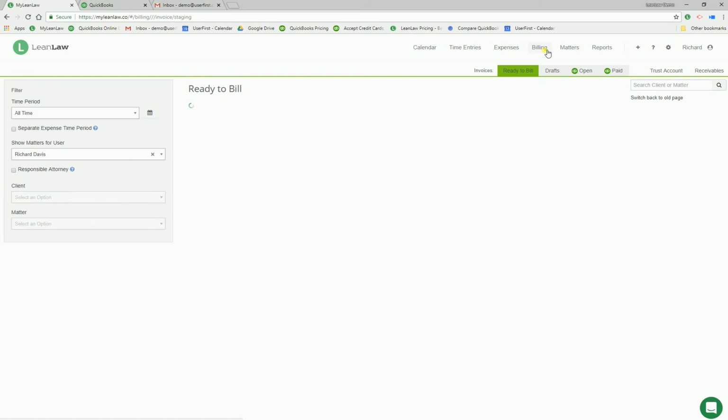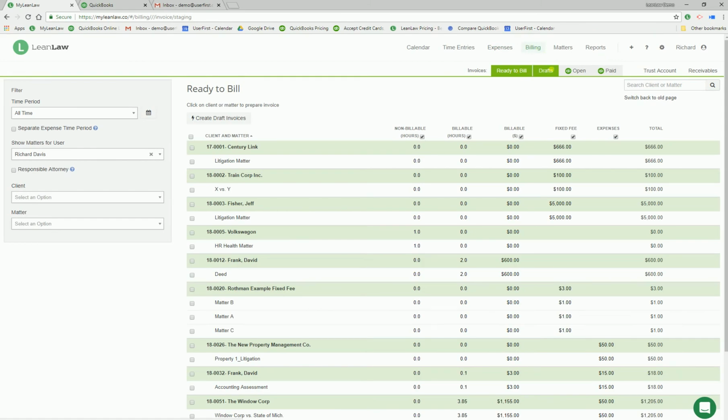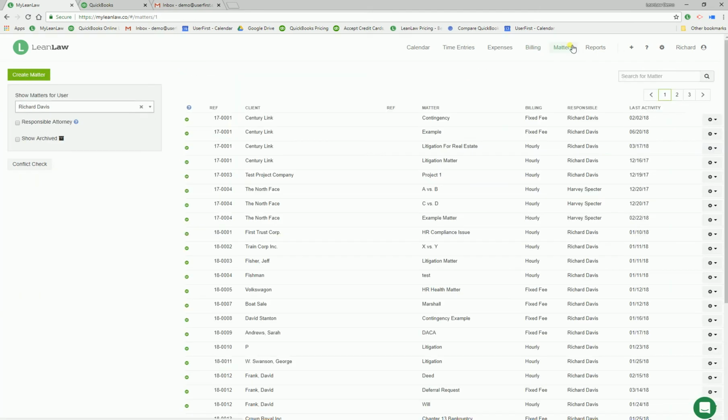Billing is our invoicing workflow, and there's a sub menu here that I'll review when we get to actually producing an invoice. Then, of course, matters are our client and matters. Reports are there to augment what you might get in classic financial reports in QuickBooks. In our reporting engine, you'll see timekeeper reports, originating attorney reports, but you're also going to extract QuickBooks data like accounts receivable data or trust balances